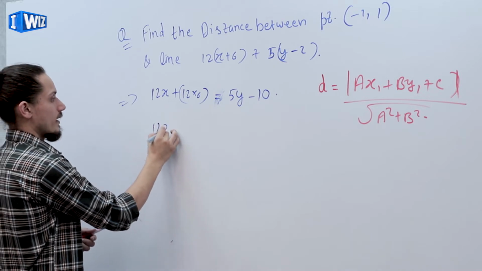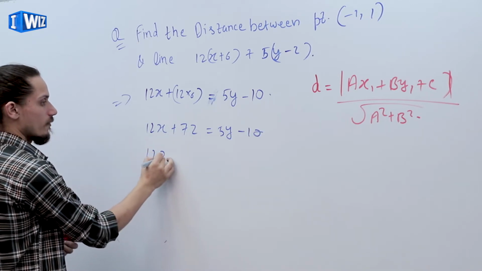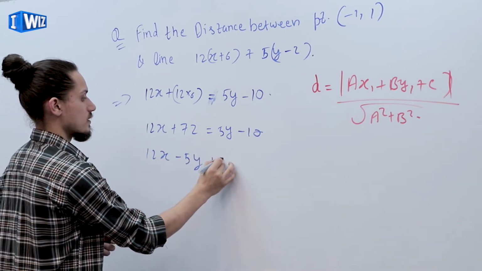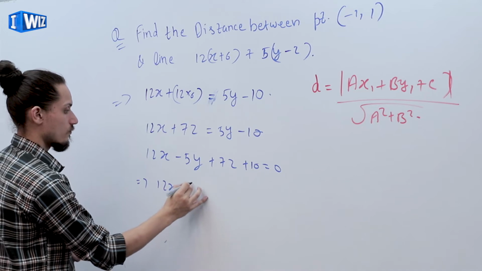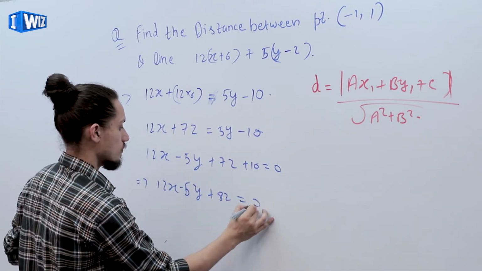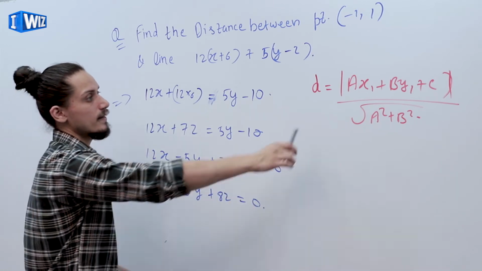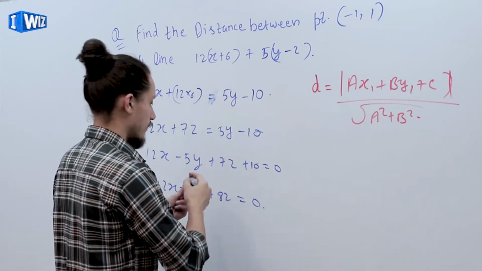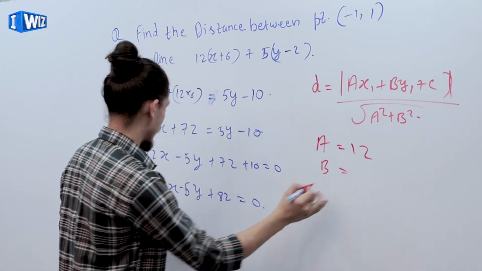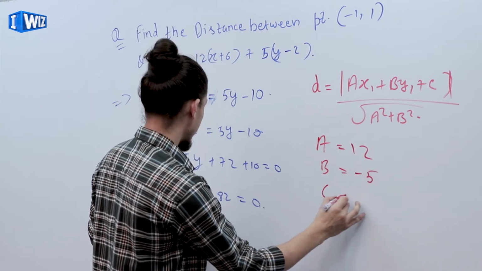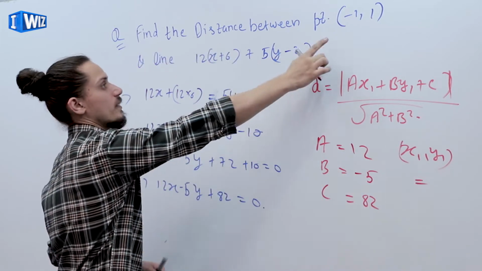So we get 12x plus 72 is equal to 5y minus 10 implies 12x minus 5y plus 72 plus 10 is equal to 0 implies 12x minus 5y plus 82 is equal to 0. ये आ गया हमारे पास जनरल फॉर्म ऑफ इक्वेशन ऑफ लाइन। अब हमें क्या निकालना है, a, b, c, x1 एंड y1। तो हमारे पास इस केस में a इज इक्वल टू 12, b इज इक्वल टू -5, c इज इक्वल टू 82 एंड x1, y1 इज इक्वल टू, पॉइंट क्या दिया हमारे पास, -1 एंड 1।